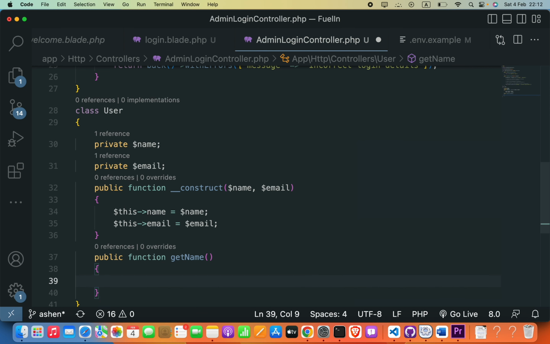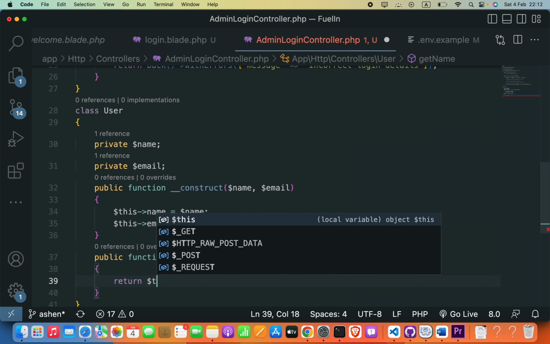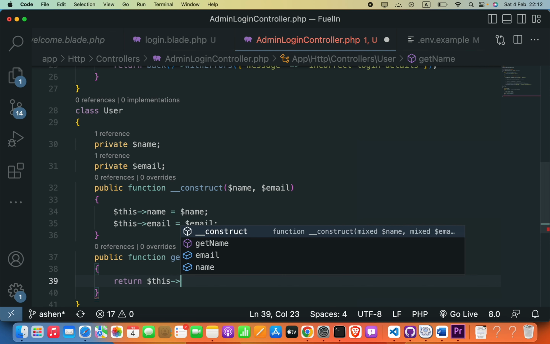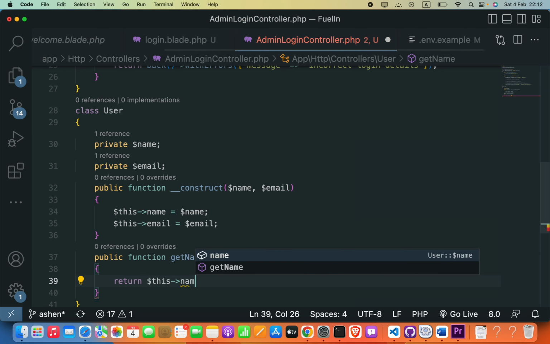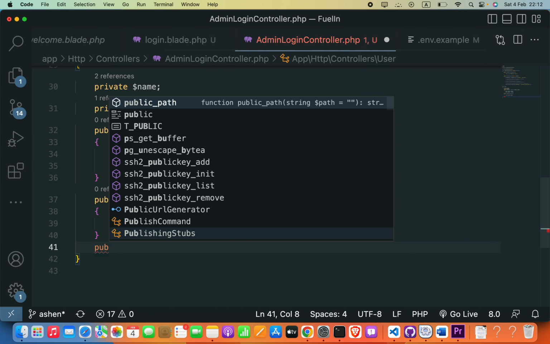I'm going to say return $this->name; and after that we are going to create the setter, public